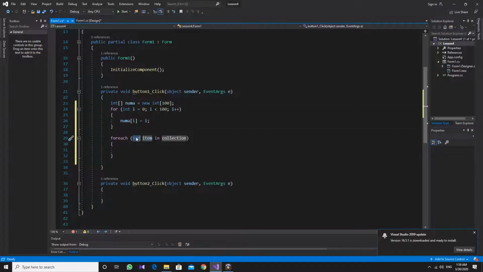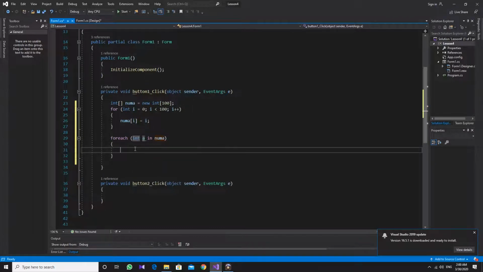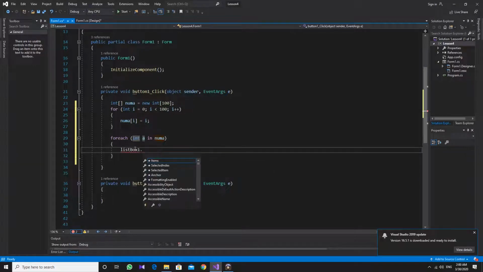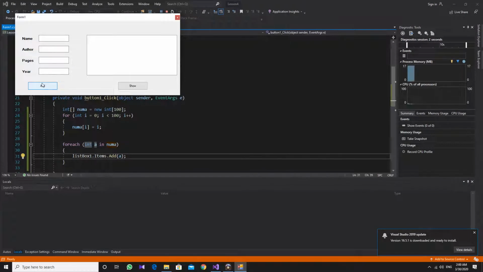For each integer, which we'll call, for example, a, inside of our collection, which is numma, listBox1.Items.Add, and this Add should be capitalized, Add(a), and that's it. So if I run it and press this button,